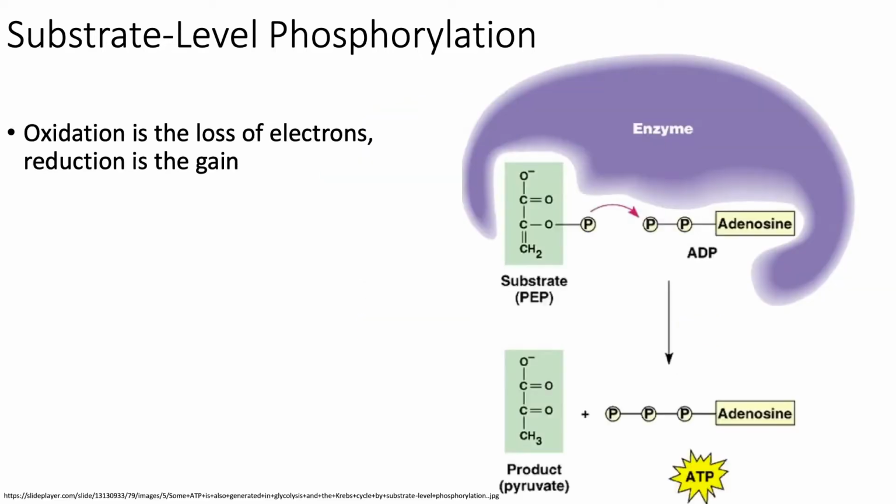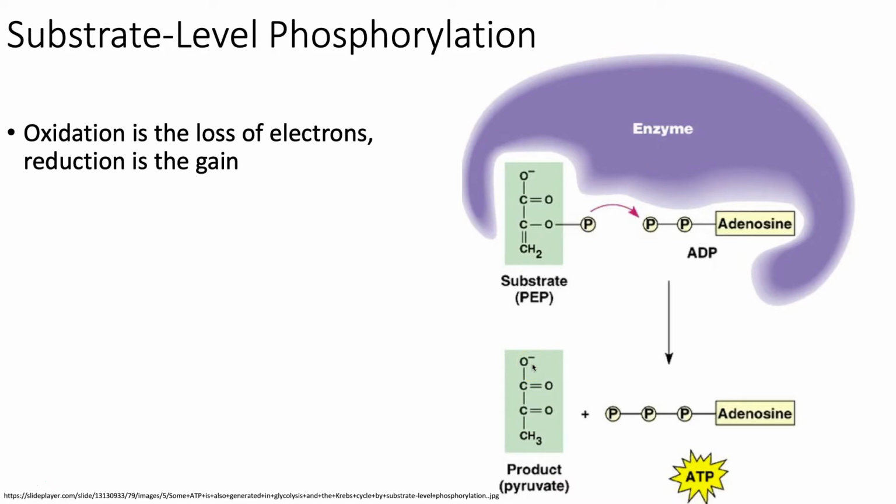I have another picture of this same kind of process occurring here. In this case, this is the final step of glycolysis, which we're about to talk about. We're not going to go into it in too much detail, but we're going to talk in general about glycolysis, because glycolysis is the quintessential process that occurs in bacteria, archaea, and eukarya. All the domains are going to use glycolysis to take a basic sugar and cut it into pieces and end up with pyruvate, which is this product down here, a 3-carbon molecule. And we're going to make ATP via